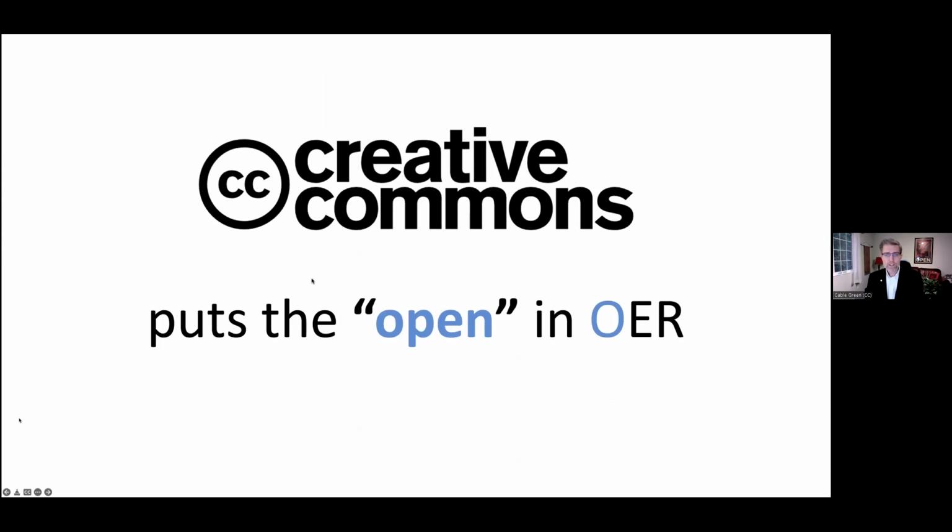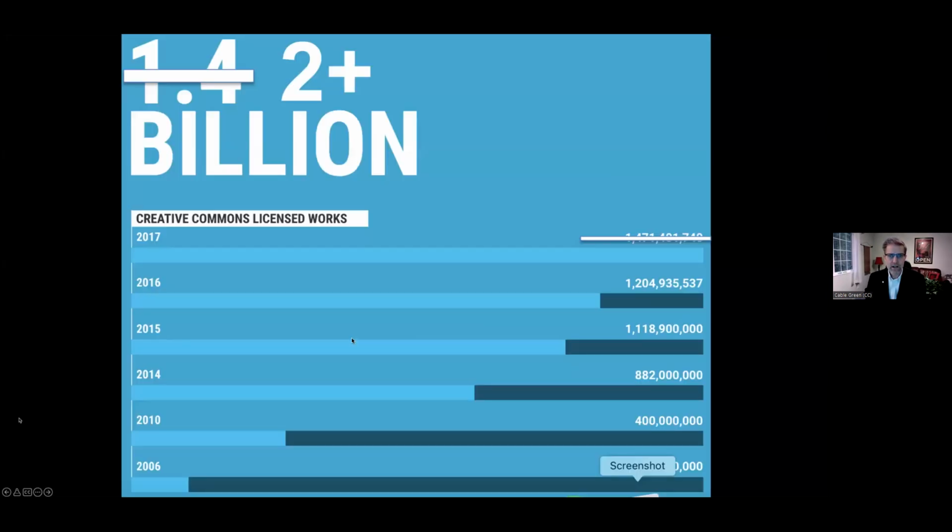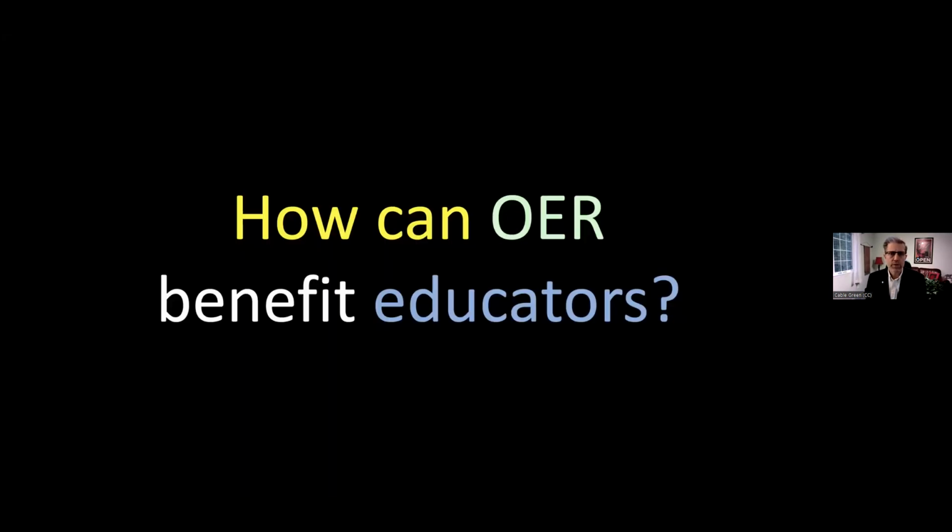So we very proudly say that we put the open in OER. We also put the open in open access publishing, and we put the open in lots of parts of open science and open data. And we're very proud of that at Creative Commons. There are a lot of CC licensed works. This is an old count, right around 2018. There were more than 2 billion works and those are only the works that have machine readable licenses that we can see in a simple search. And so, is the number 4 billion, 5 billion? We don't actually know because we don't track that data. But CC licenses have become the global standard for sharing copyrighted works, and they're shared all over the world.